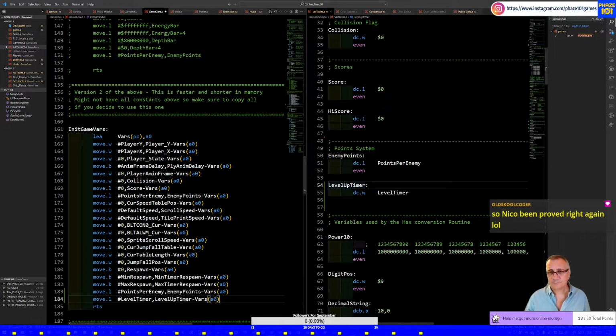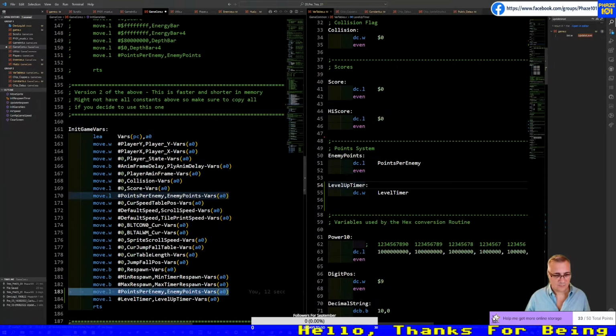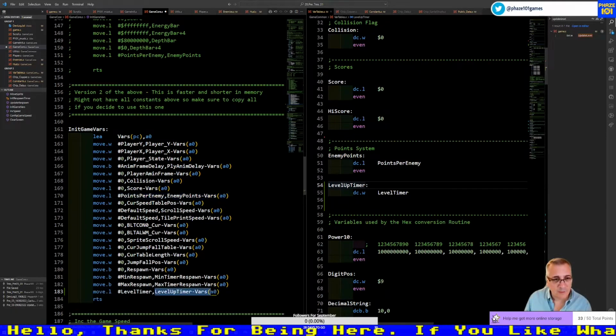So score we are initializing it to 0, timer pointer. We did not have enemy, right? Ah, enemy points, I had it, so I don't need to do that. And level of timer now.